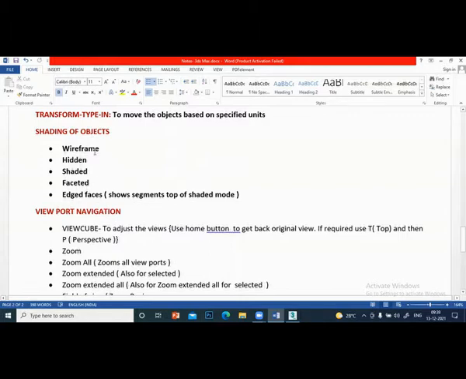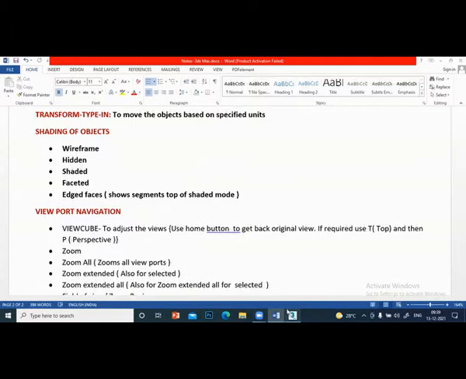Wireframe. You see only the wireframe. Hidden. Shaded. Faceted means the faces you will see. Edged faces. I will show you what it is. Have you written?